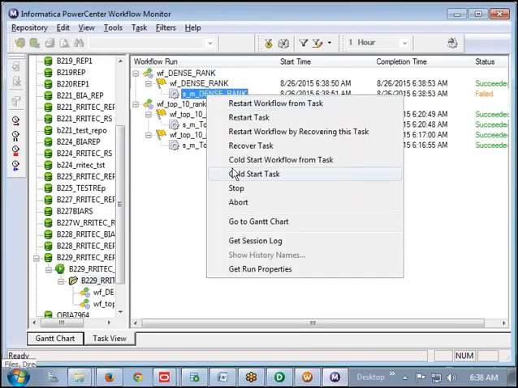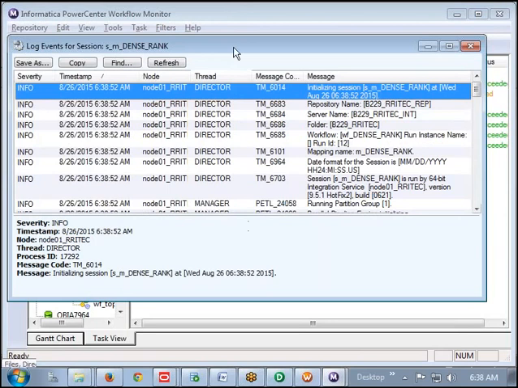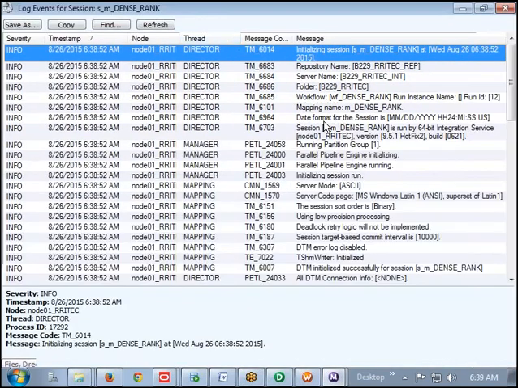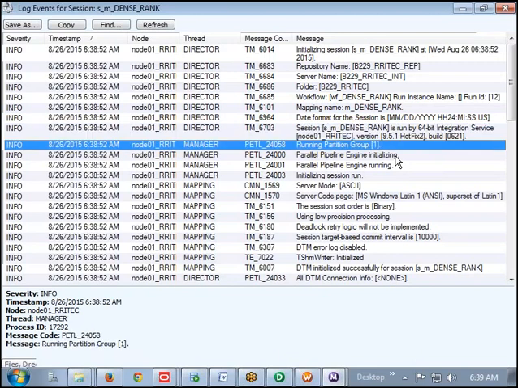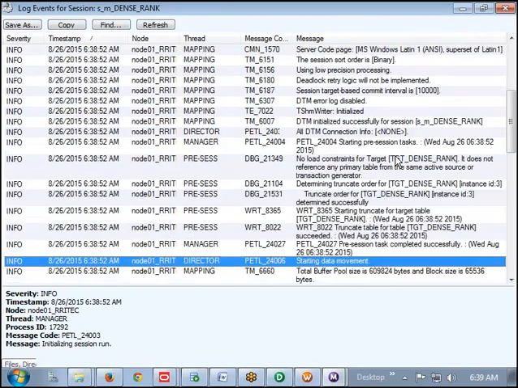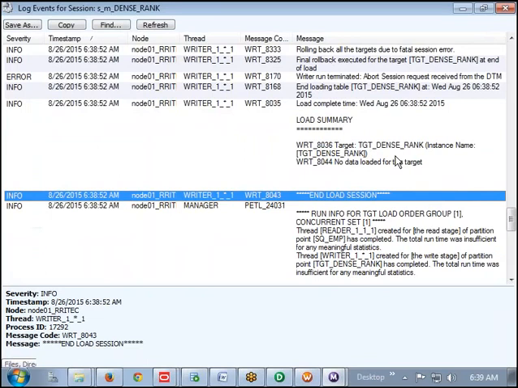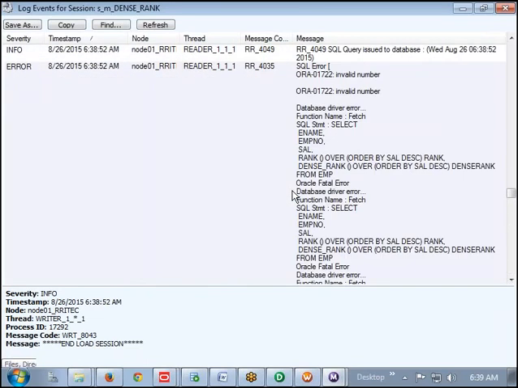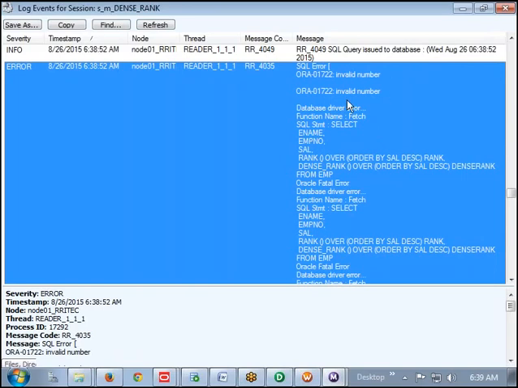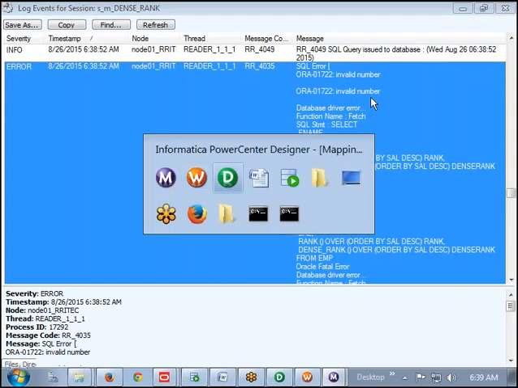If you go and observe the session log, go to the line where we have the error: invalid number. What is that? We are expecting a number, but what is actually given? Varchar is given.